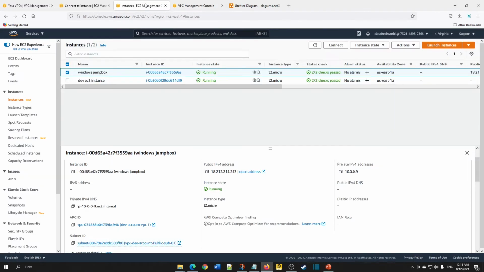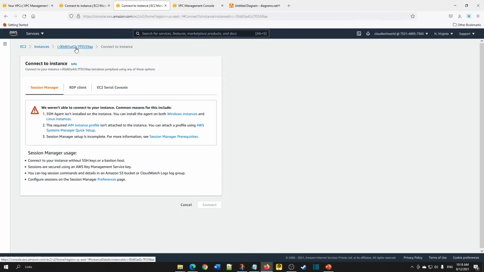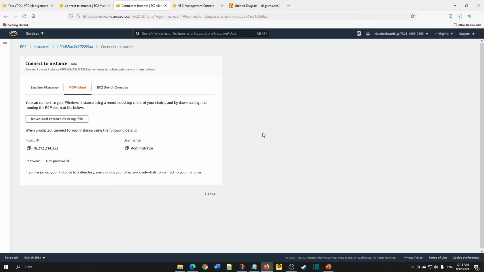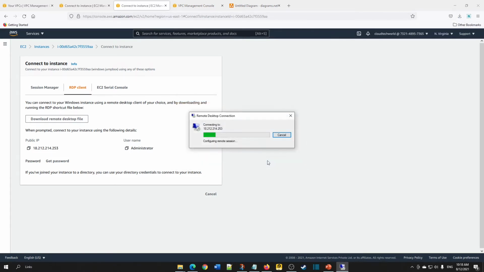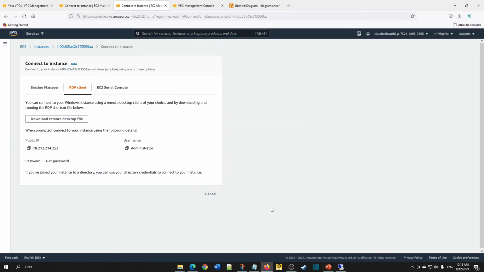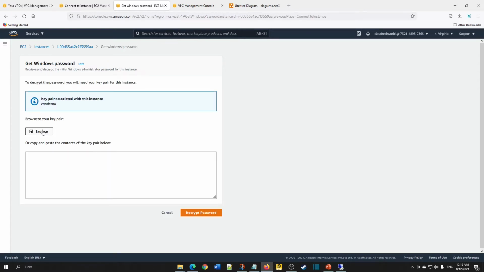Now again go back to the East instance. Choose RDP client. We don't need to download every time. You can use the existing one. Now click on connect. So in order to get the password, click on browse.